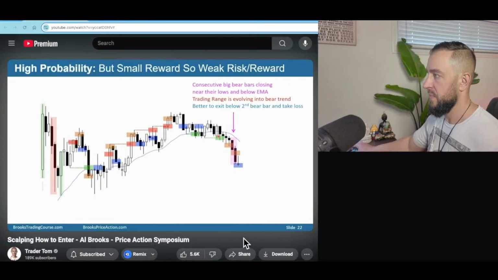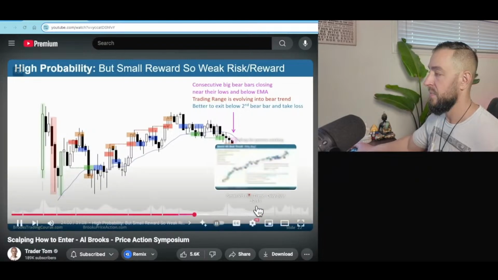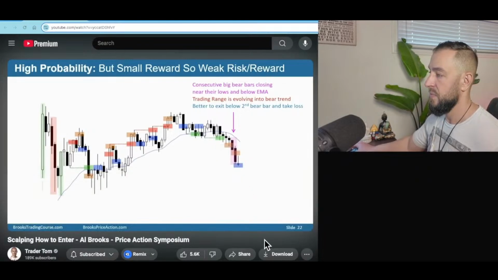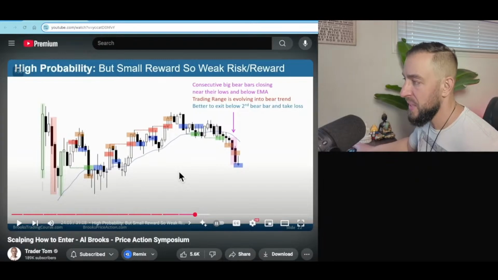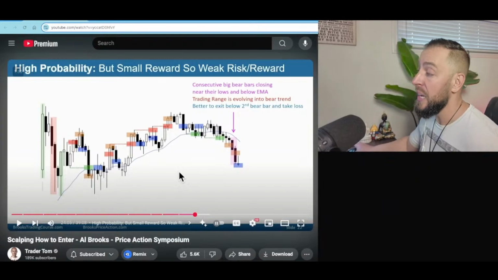If they're a long scalper, if you bought here, and bought a third time here, it's better just to get out here. But some traders will just use a wide stop after a second or third entry and then wait and buy above a bull bar, betting that the market will come up high enough for them to avoid a loss. And if you have to get out, you have to get out. Remember what Tom Hougaard says, the best loser wins. Your ability to know how to lose and to lose well is one of the most important skills in trading.